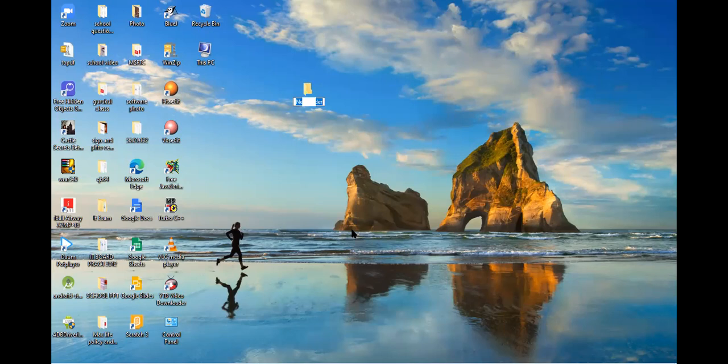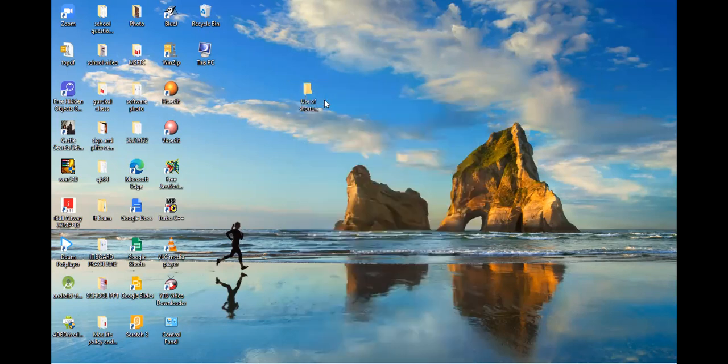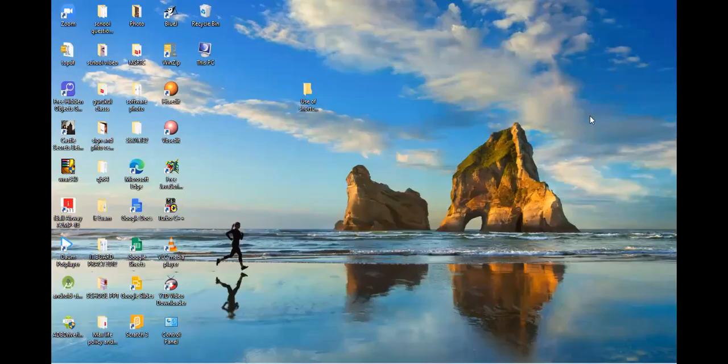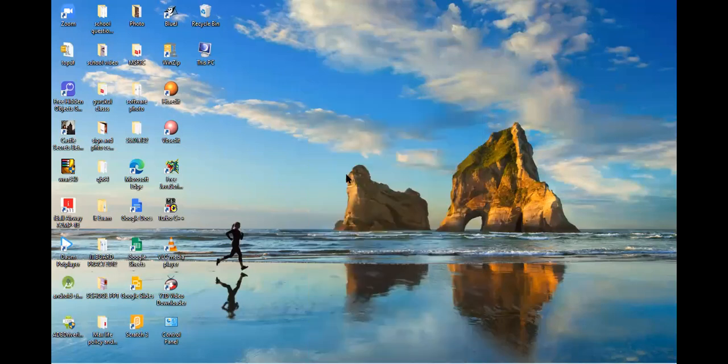It is the use of the shortcut menu, the context menu. We are using different commands through the pop-up menus. We are using the open command to open the file or folder. Again, if you want to delete it, yes, delete.